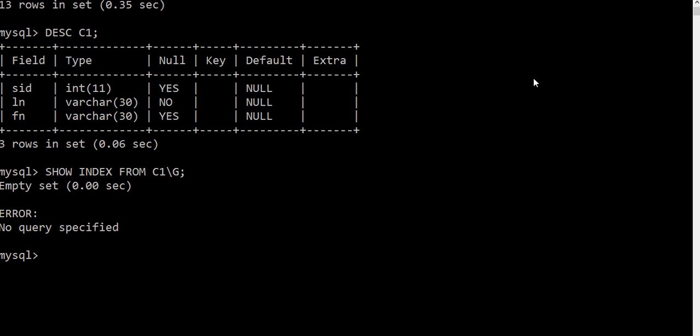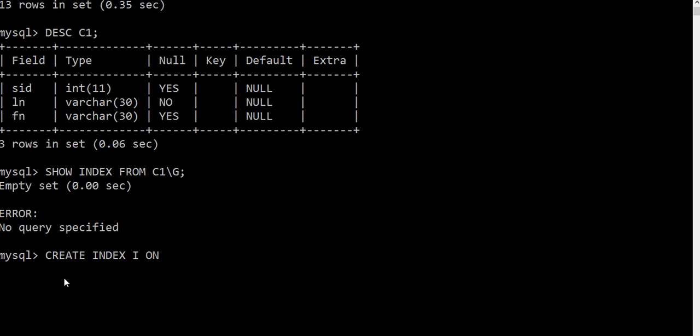So firstly we will be creating an index. How to create an index? Create index, where I is the name of the index.